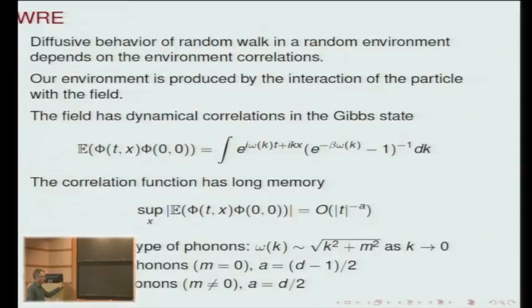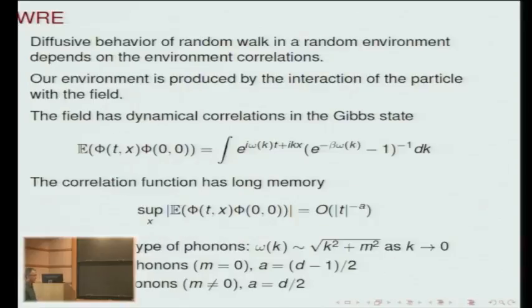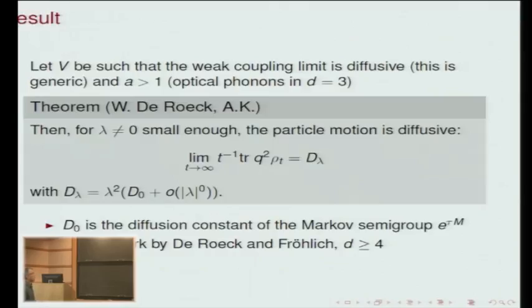So you see that in 3 dimensions this decay is integrable, in 2 dimensions it's not. And the weaker decay is integrable in 4 dimensions, but not in 3 dimensions. It turns out that that's important for us. But let me first state the result before I state why it's important. If I take this exponent bigger than 1, so the correlation decay is integrable in time, which means in 3 dimensions that you take not the photons, but the massive photons, if you wish,